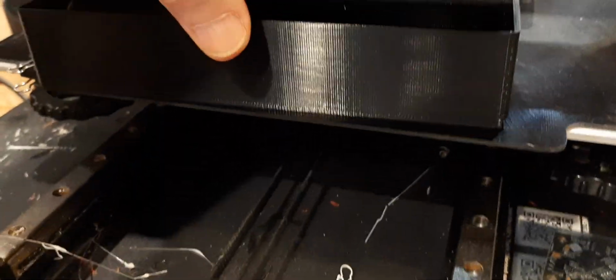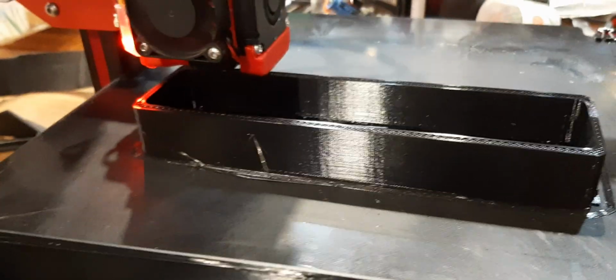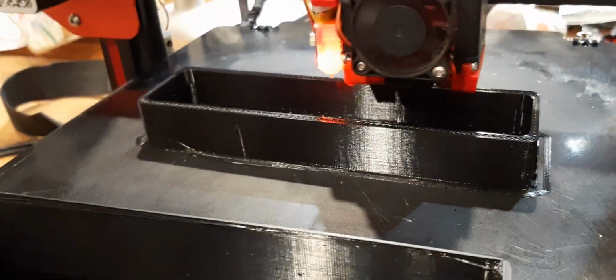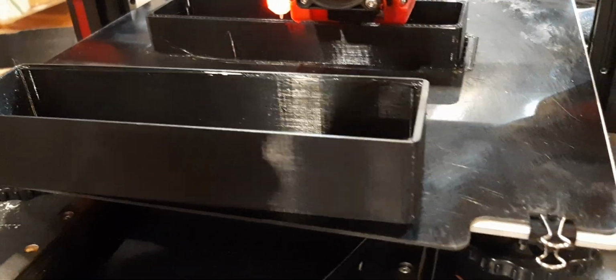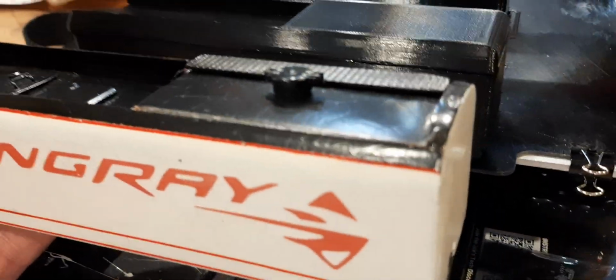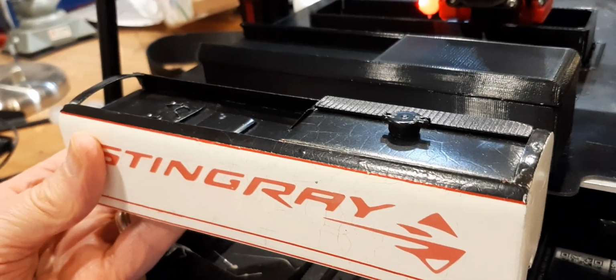It's amazing how long this has taken. 6 hours to print. I started it at about noon, and it's now 4 o'clock, and we have 2 hours to go. So when you see a body 3D printed, especially PETG, because it has to be done slow, recognize that while the person making it didn't stand there and watch it, his machinery was running and his plastic was pushing out, and it takes a long time, 6 hours to print one body. But I think it's going to be worth it in the end. It's going to be stiffer, stronger, it's going to fit perfectly, and I think it's going to be an absolutely wonderful platform, you might think of it, or a canvas for whatever you guys want to do